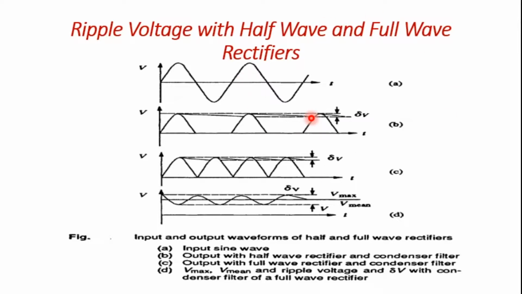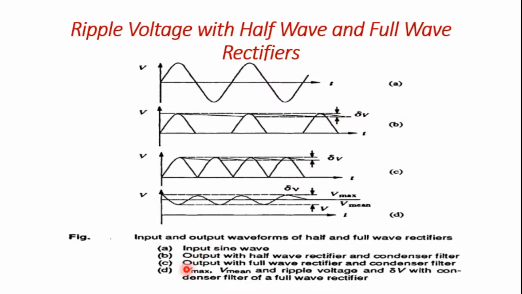When loaded, a fluctuation in the output DC voltage, that is delta V, appears, and this is called ripple. The ripple voltage delta V is large in the case of a half wave rectifier compared to a full wave rectifier. This is for the input voltage, this is for half wave, this is for full wave,